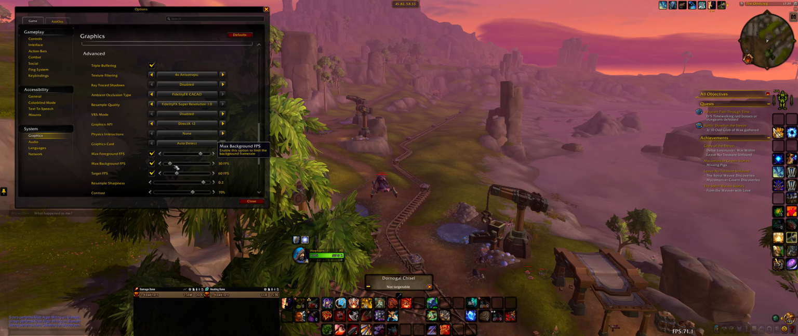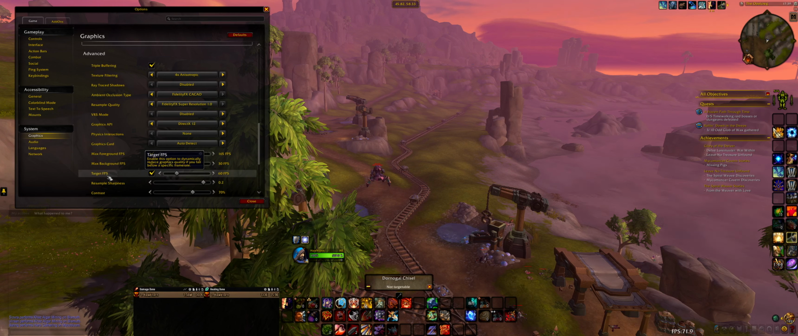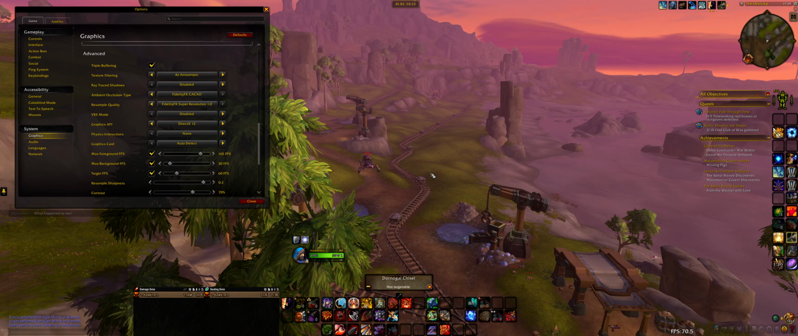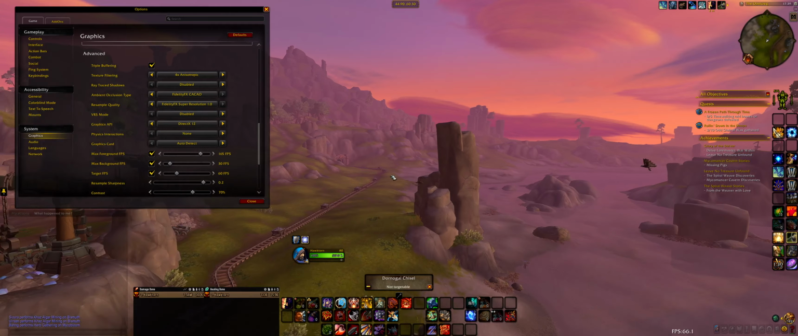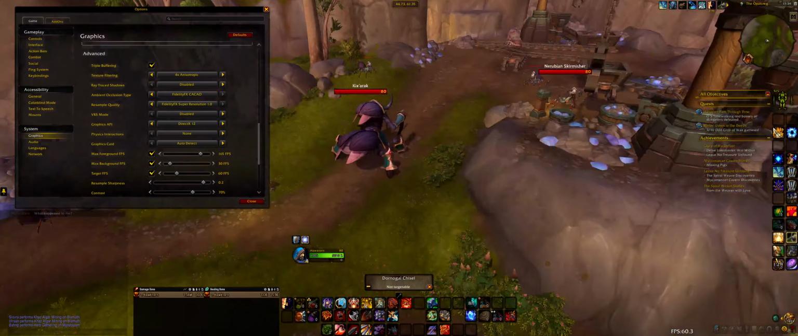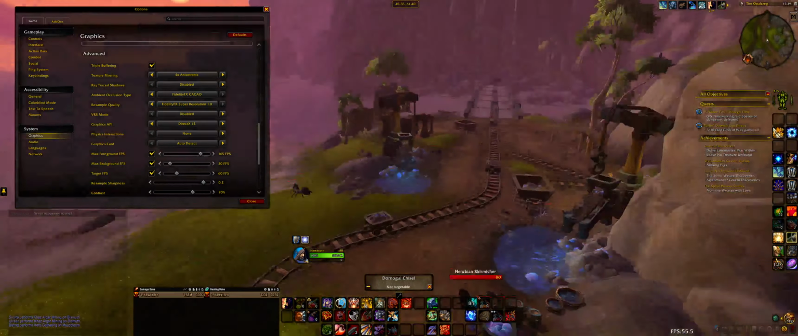Max background, that is when I zoom out, my FPS will drop to 30 FPS. Not really important, but pick it. Target FPS: this is the lowest I am willing to go with my FPS. If I drop lower than this one, the game will automatically adjust your settings to reach this. It doesn't say it's always going to be able to reach it, depending on